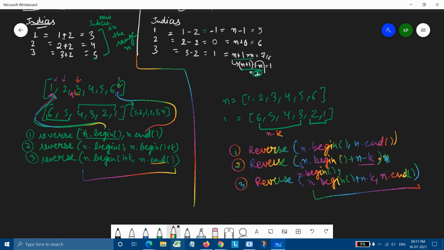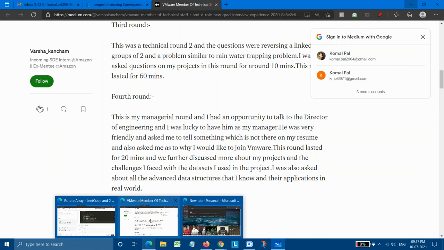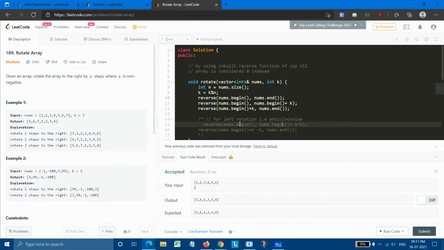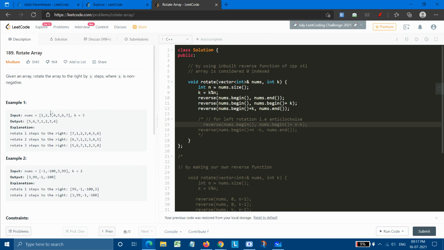Now let's come to the code, how we really need to do coding for these problems. So the thing which is given in this LeetCode problem is that we are shifting our array with k equal to 3, and we are shifting it so that 5, 6, 7 are in the first and the 1, 2, 3 are towards the right. Basically the array is right shifted. So here we have rotated it clockwise.